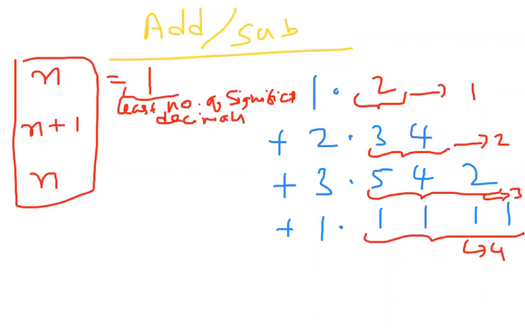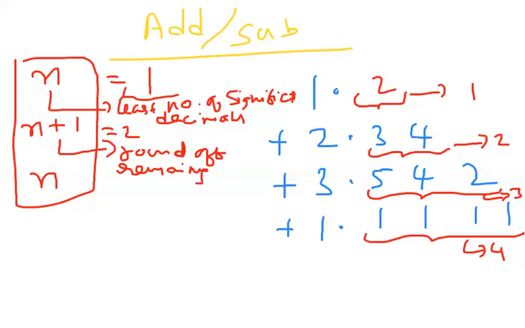And n plus 1, what is n plus 1 will give information. N plus 1 is equal to, already 1 we have taken, 1 plus 1 is 2. This will give the information that we round off the remaining numbers. To how many digits you have to round off? 2 digits. Round off remaining number to 2 digits.